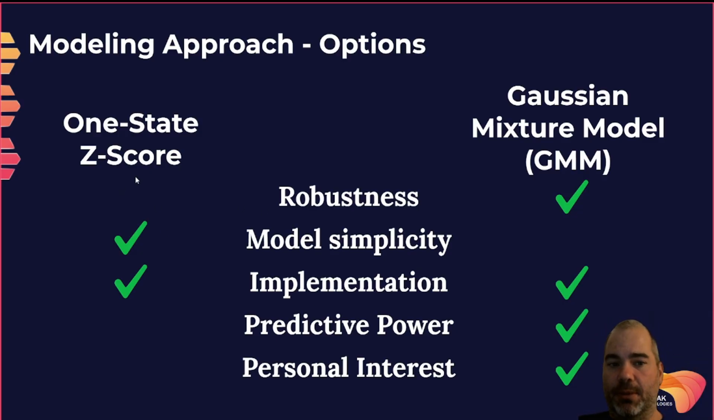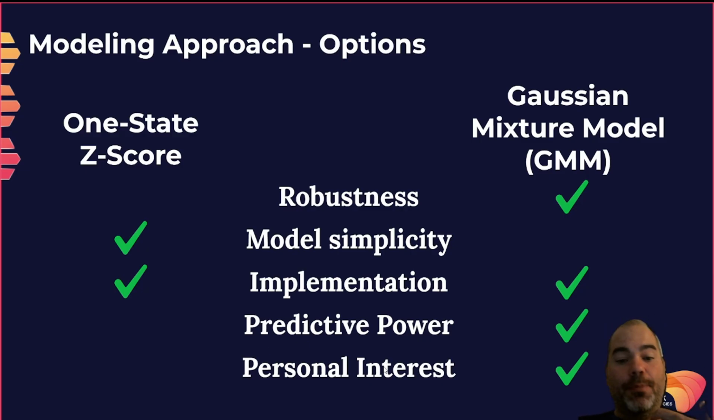The implementation is also simpler on the one-state z-score, but let's be fair, the Gaussian mixture is not that complex either. We're not dealing with a very complex model here, and obviously I worked with the GPTs, and ChatGPT was able, with one query, to generate both models entirely. So implementation was not a challenge here. For predictive power, the Gaussian mixture is definitely better here, because it becomes an unsupervised classifier. Basically, that's what we build here, while the one-state z-score is not inherently a classifier, or at least it's not